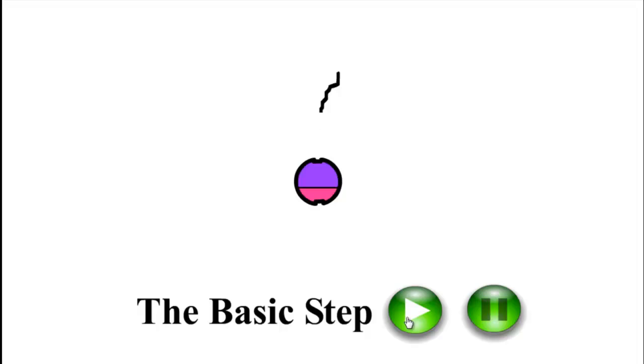You can see here the basic step in the process of making of a necklace. It shows a two-colored bead and a thread. The thread enters the purple colored top of the bead and leaves the pink end of the bead. The arrow you can see in the video defines the direction from where the next bead will be entered.